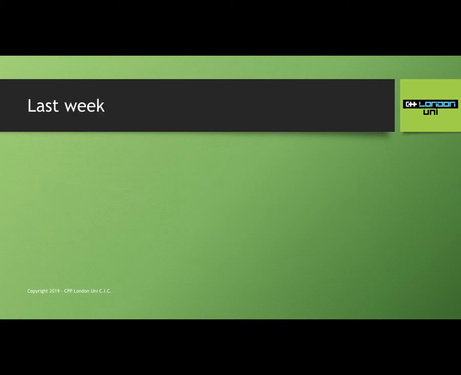This is slide 3, and I've made a mistake already, because I said last week. It wasn't last week. It was 2 weeks ago. I haven't got used to this 2-weekly thing yet. But bi-weekly, yes. Last session anyway. So last week we talked about explicit constructors, the explicit keyword, what that does, and we also talked about member initialiser lists.